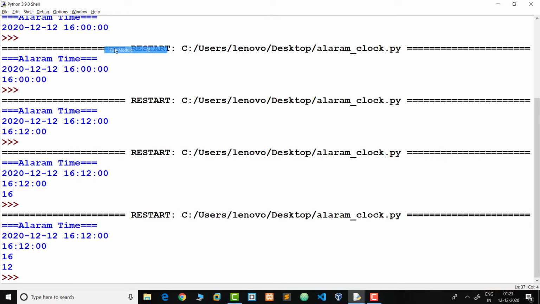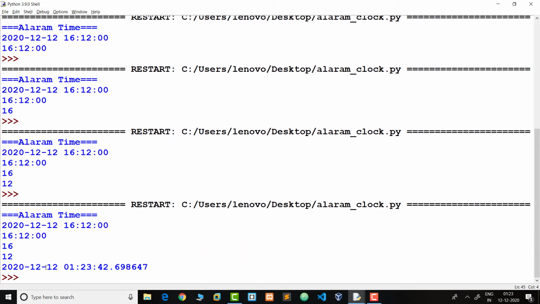When we run this code, my current date time is 12th December, 1:23 a.m., and these are the seconds. Now this is my current date and this is my current time. We compare the alarm hour to the current hour, and the alarm minutes to the current minutes. For that we are using a while loop.